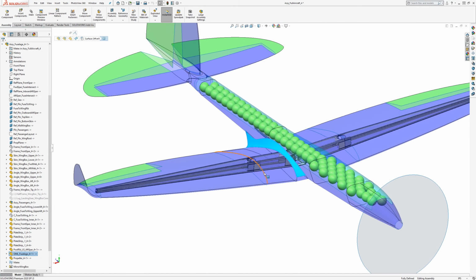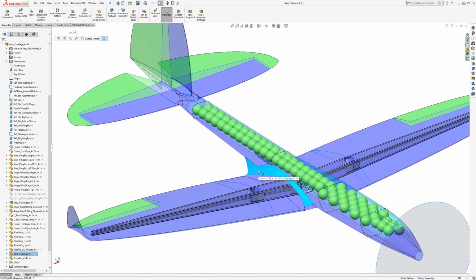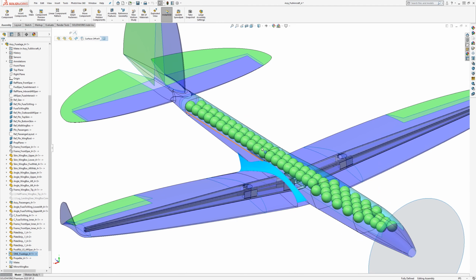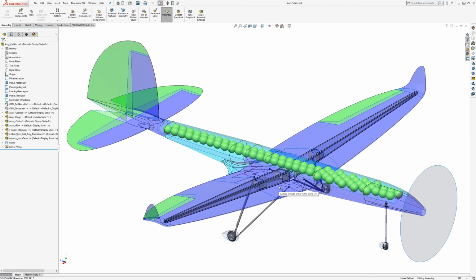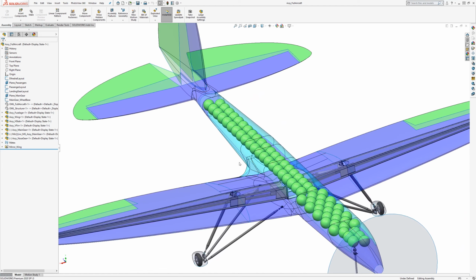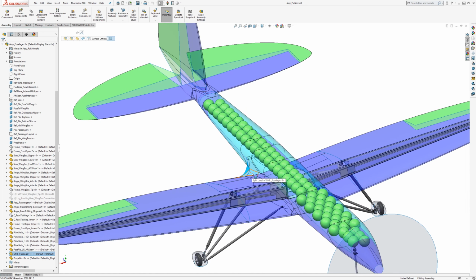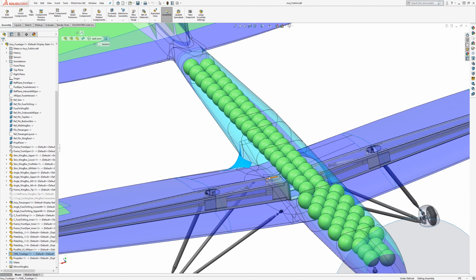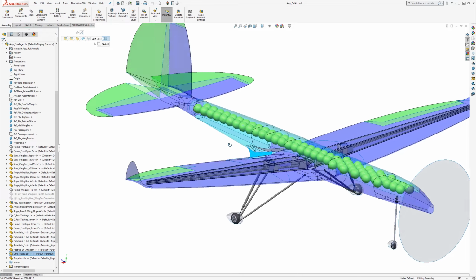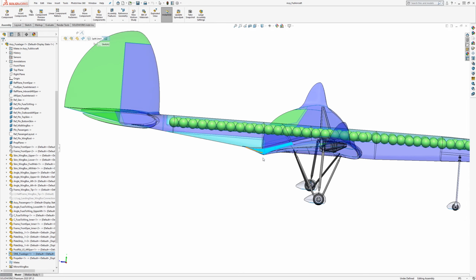And this is the attempt that I like the most for this airplane here. You can take a look at a previous attempt. So this one did have the radius that gets bigger towards the trailing edge, but it didn't have